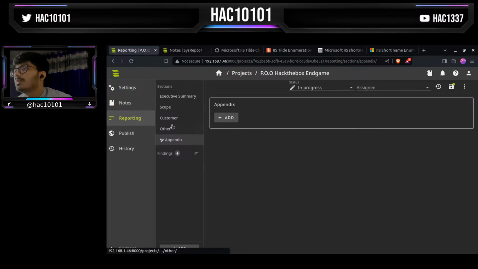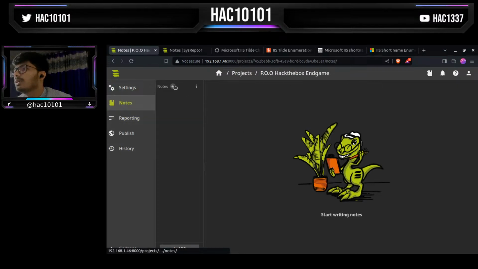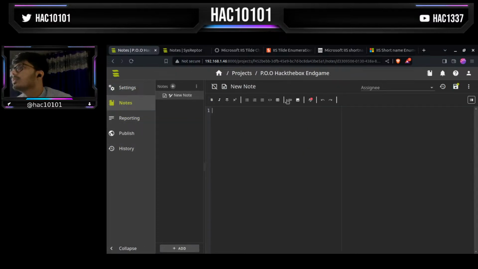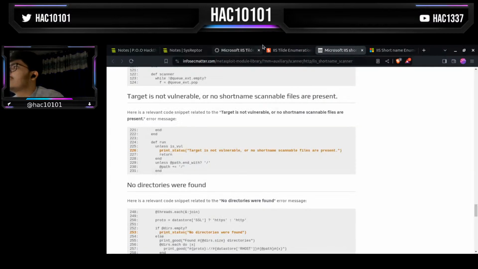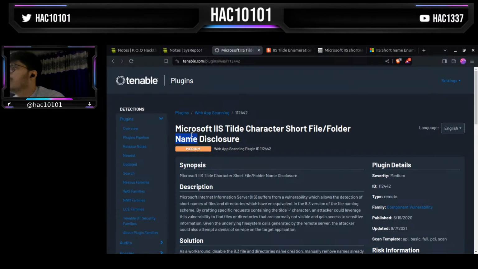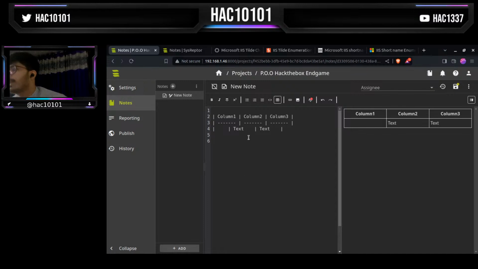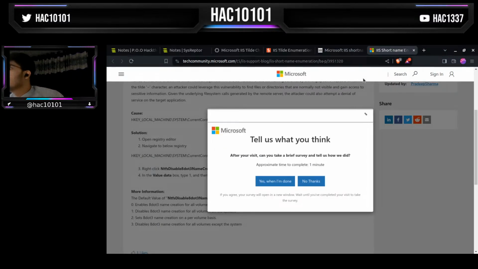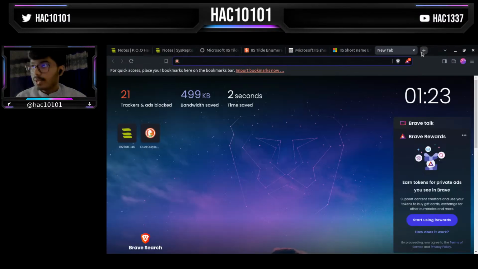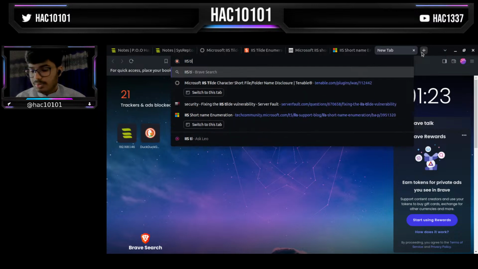Let's make one more note for this. Let's create a table, so the first name should be Microsoft tilde character short. Let's keep the same. We might go with the word. Wow, yeah, it messes up. IIS is